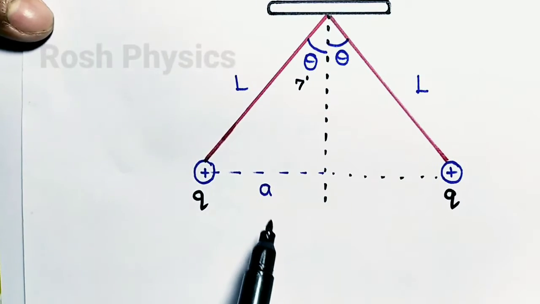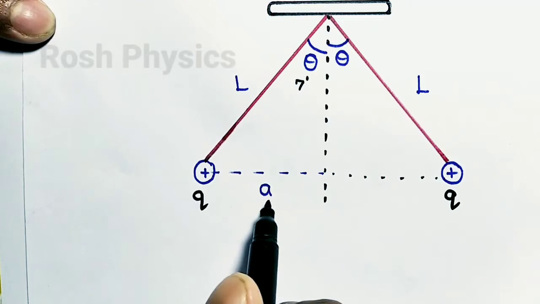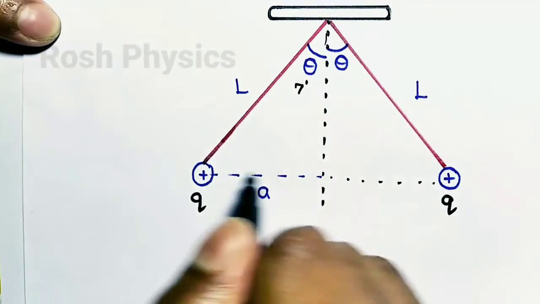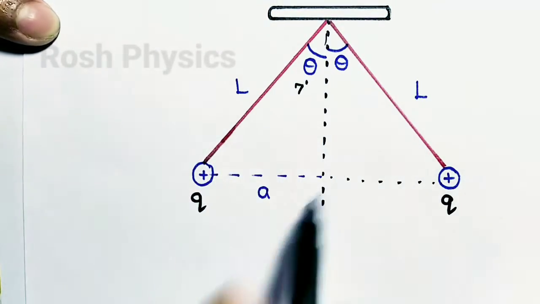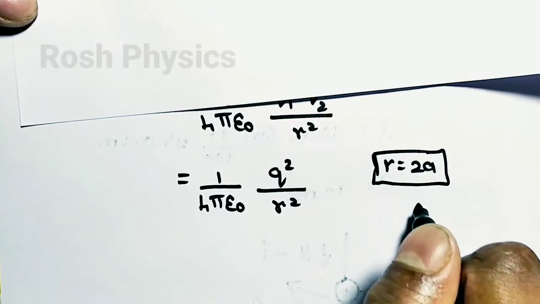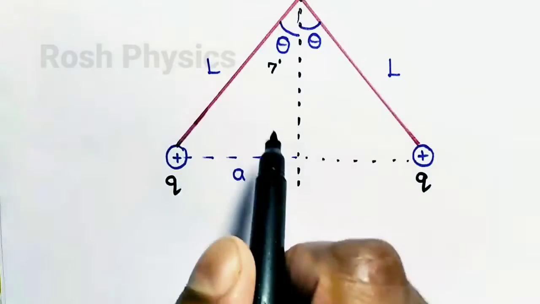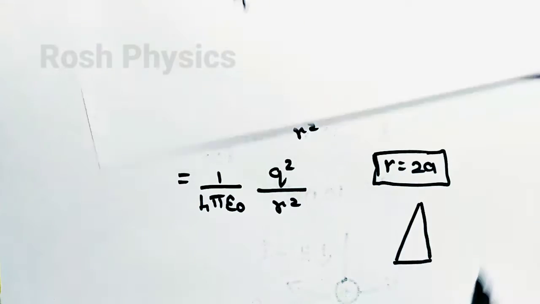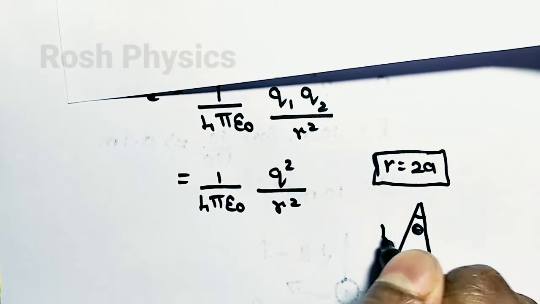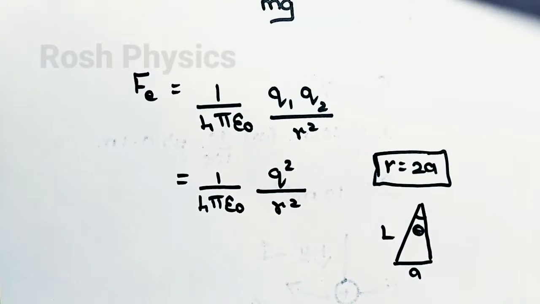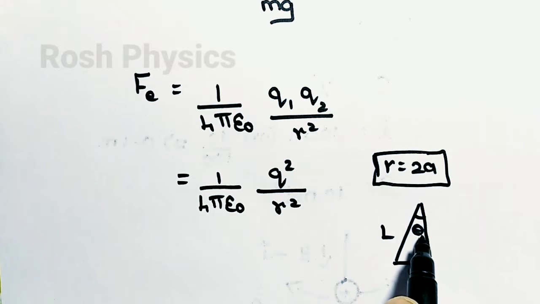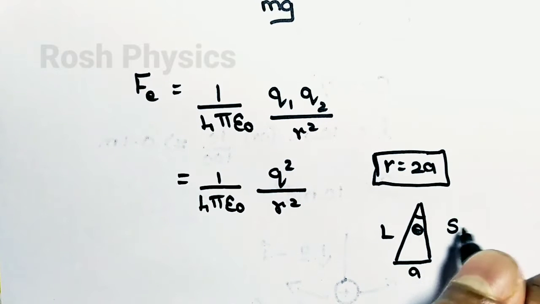So listen guys, by looking at the diagram, we are able to know the value for a. By taking just this one triangle. Remember, I drew it like this. Given here are theta and L, and this is a. Listen, the theta should be present on the upside. What is the value for a? Before finding it, I need to solve with theta.